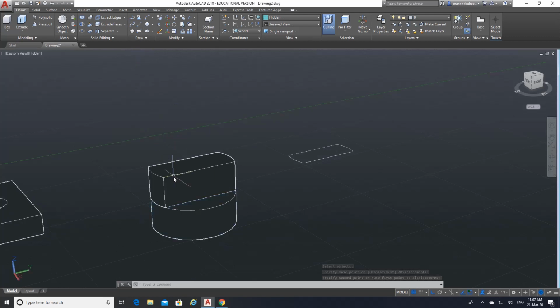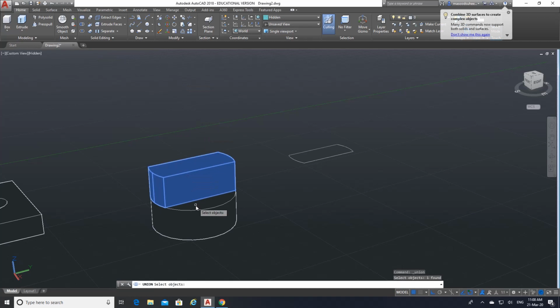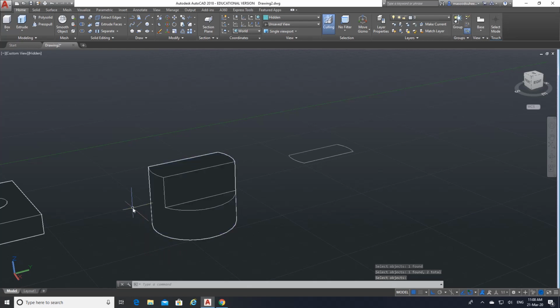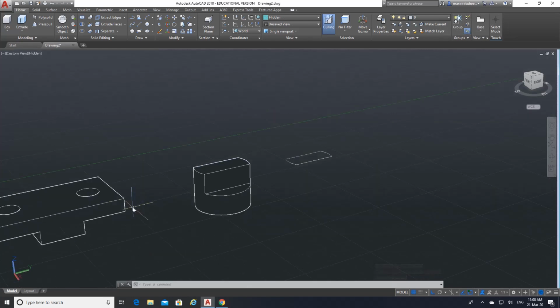Now just see here, if I click, this is a separate piece, and this is a separate piece, is it not? Let me join them together. Union. This and this. Enter. So it's a single piece now. See here, it's a single piece. Okay. Now what I do now,